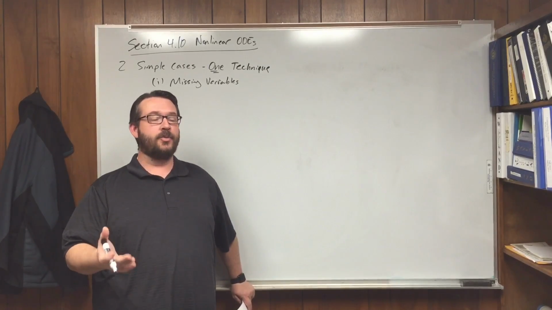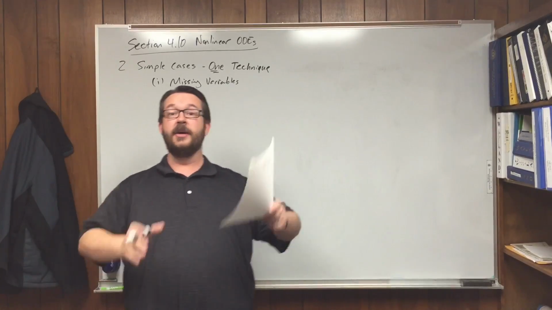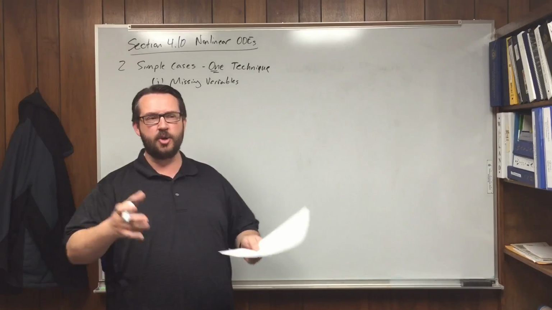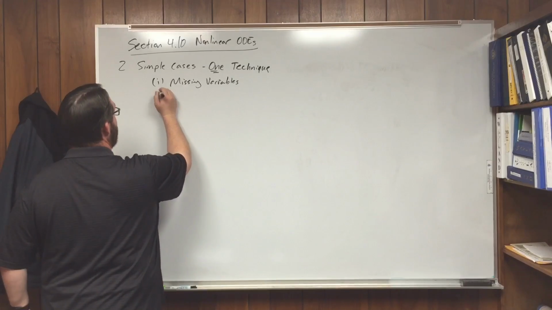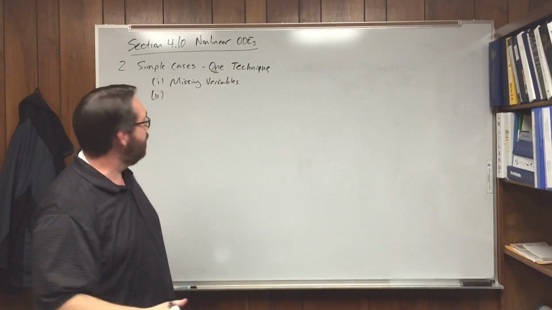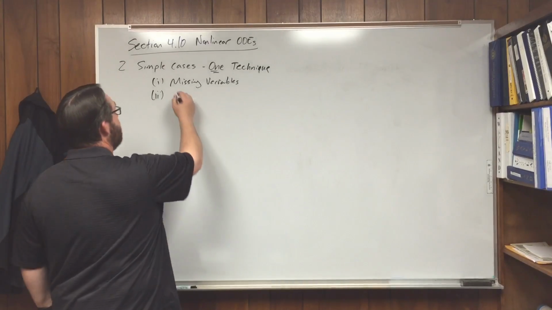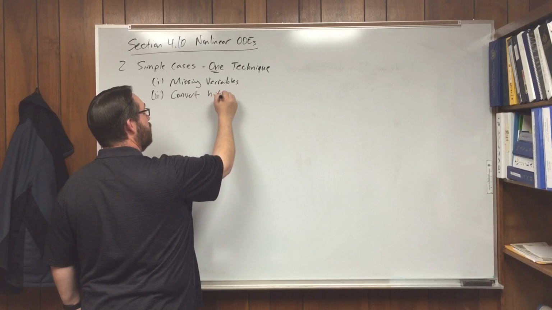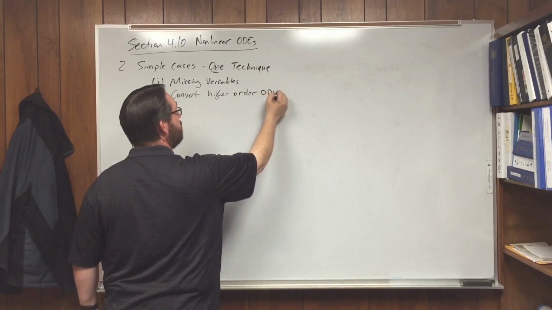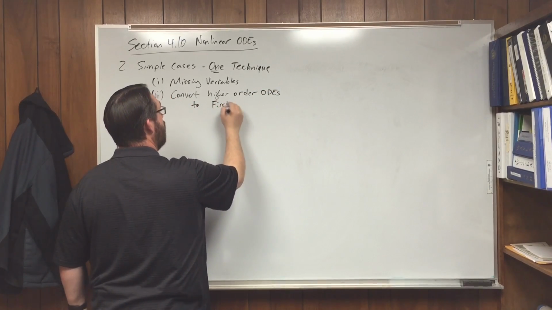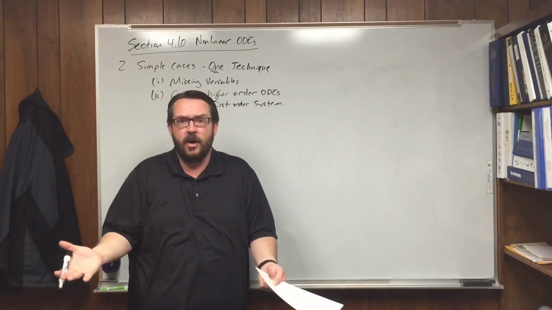You can use the chain rule to again use the same substitution, but think of your substitution now as a function of your dependent variable, and then you treat your dependent variable like your independent variable. That same technique is what's going to allow us to do that conversion I was talking about before. It's a substitution technique, but what it does is it allows us to convert higher order ODEs to a first order system, which is then when I can apply something like Euler's method, which we did